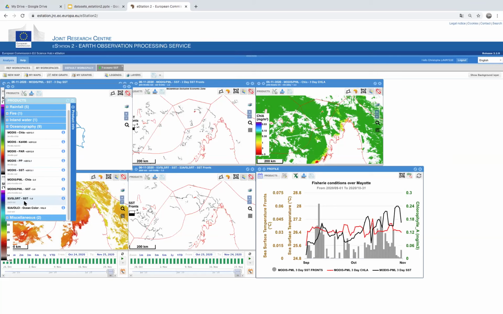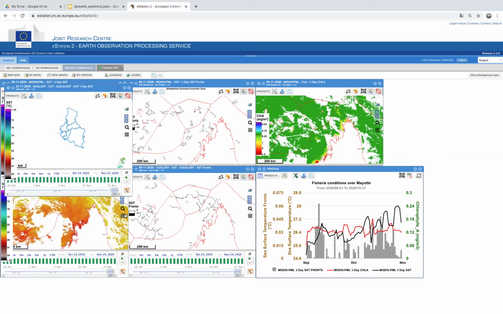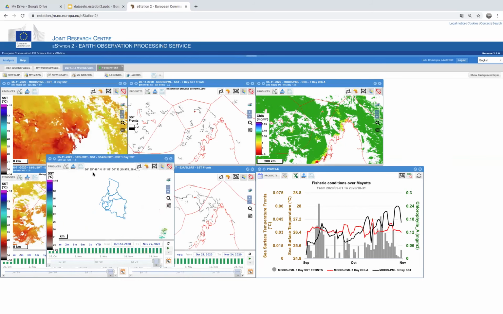For example, if you check the Sentinel product, which is very accurate, which is really good. But the thing is, as soon as you look at a specific region, the data available, you will see that it's not very